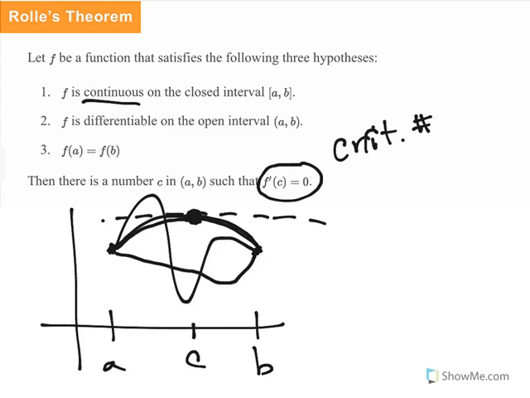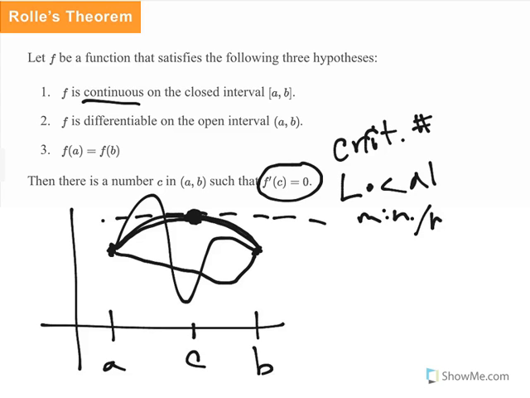And another way to think about this idea of f prime of c is equal to 0 is that for us, in this case, this is not always true with every function, just in general, when f prime of c equals 0, you have a minimum or a maximum. Not necessarily always true, but in this example, because f of a and f of b are exactly the same value, you are either going to have a local min or max